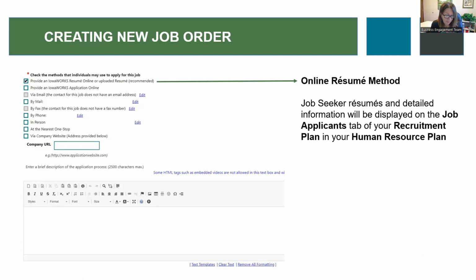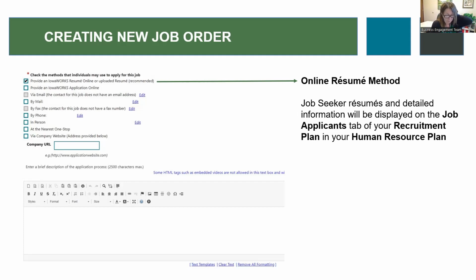Nearing the end of your job order is connecting with the job seeker through the application process. IowaWORKS allows several options for you to get responses from candidates. The most common and recommended option is through an IowaWORKS or uploaded resume. You can check multiple boxes with this application process and edit the contact information, whether it's via email, postal mail, phone, or in person.